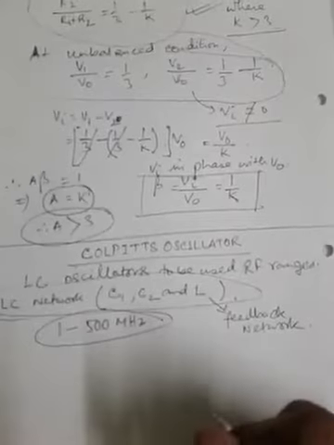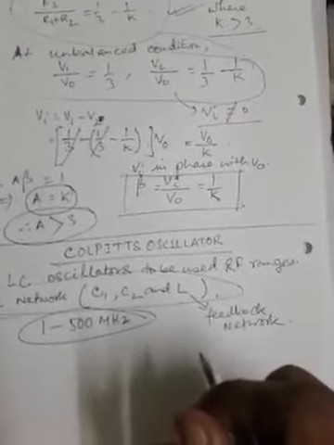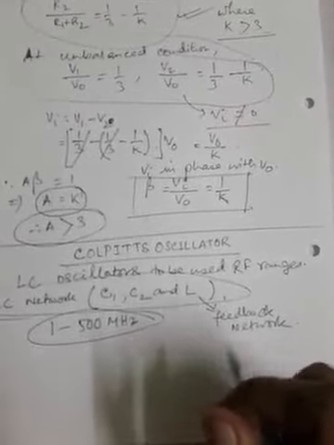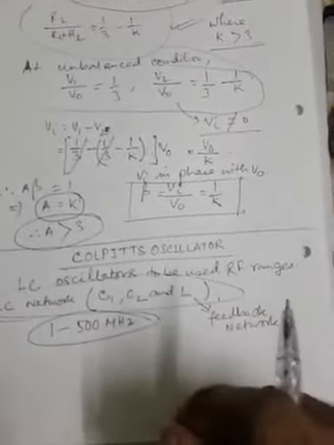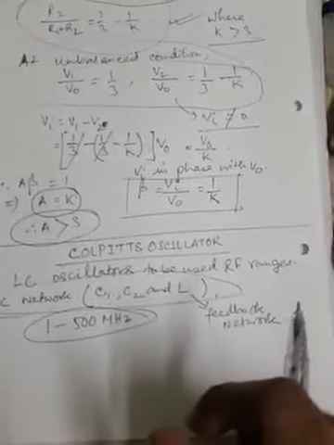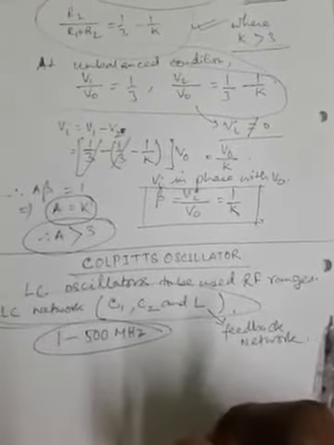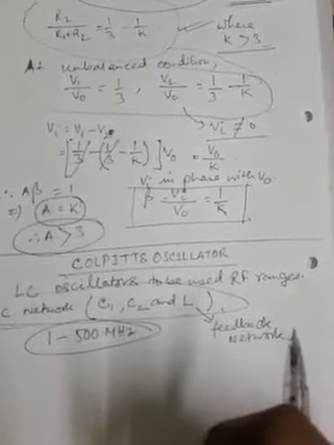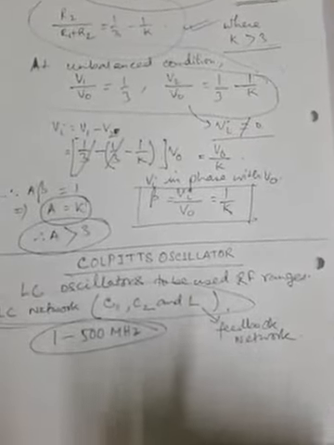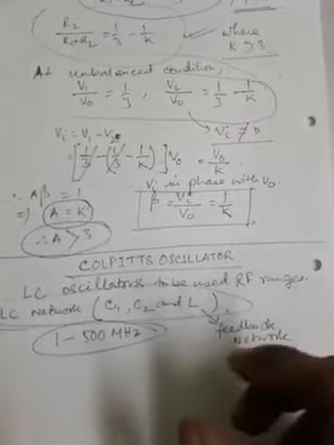unity frequency of most of the basic amplifiers, and this is why a bipolar transistor or a FET device is typically used as an amplifier instead of other types of amplifiers for LC oscillators, because of the issue of the unity gain bandwidth of the amplifier. And with an amplifier and LC tank circuit, we can feed back a signal with proper amplitude and phase to sustain the oscillation in LC oscillators.